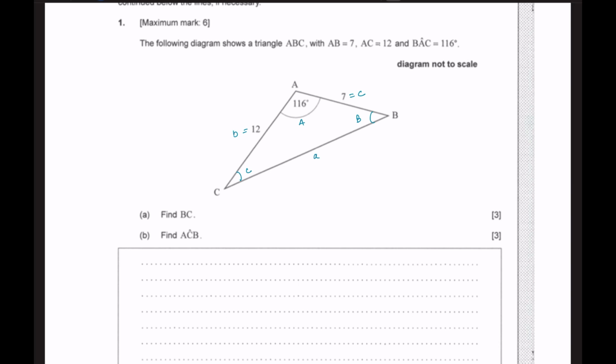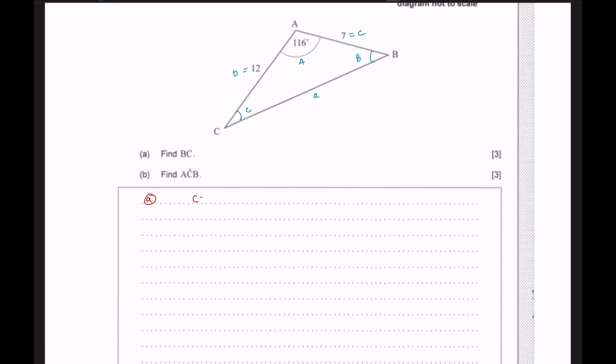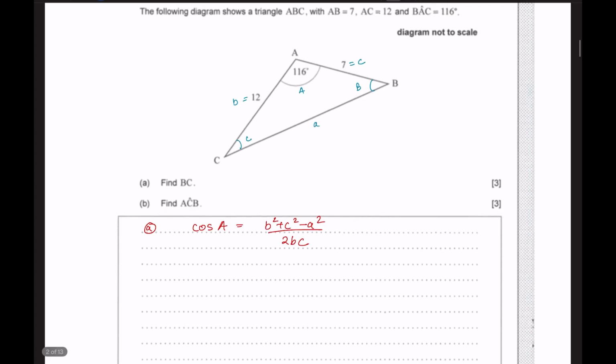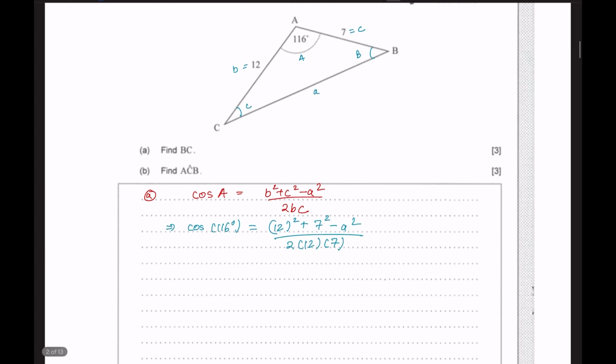BC is a. So we know b, c and angle A, so we can use the cosine formula. So cosine A would be b squared plus c squared minus a squared divided by 2bc. Okay. So only a is the unknown here. So I'll plug in the values here. Cosine 116 degrees will be 12 squared plus 7 squared minus a squared divided by 2 times 12 times 7. Now from here, if I quickly plug it in my calculator, I'll get a as 16.33, which is the answer